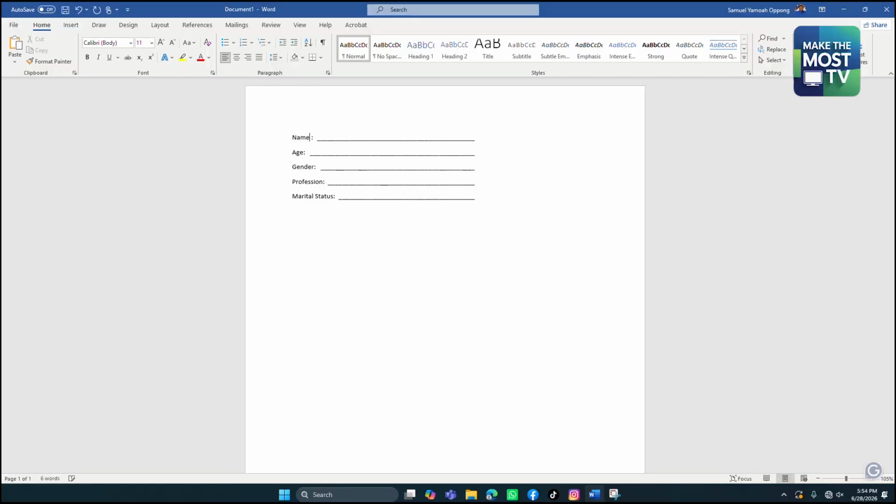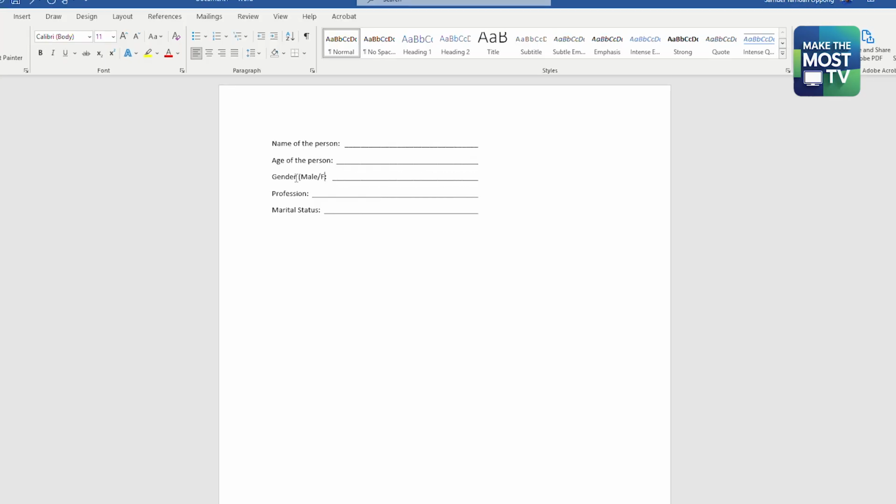This method is better for 3 reasons. The line moves with your text automatically. No more dragging shapes around. And it is consistent every time. Same thickness, same alignment. And finally, it actually prints and exports to PDF cleanly, unlike some inserted shapes that can shift. So next time you are building a form or a contract and you need to draw a line in